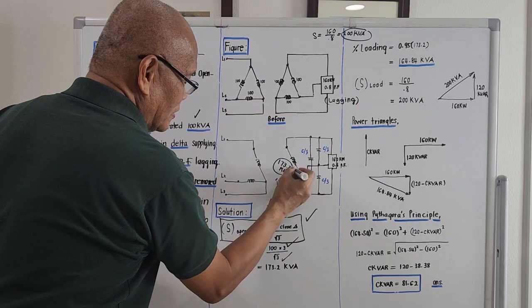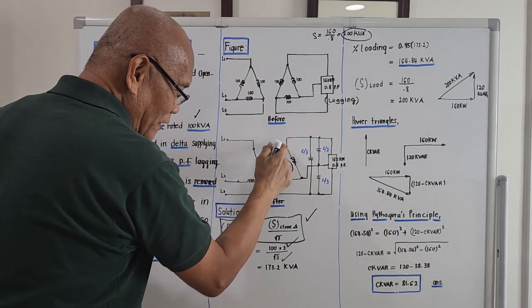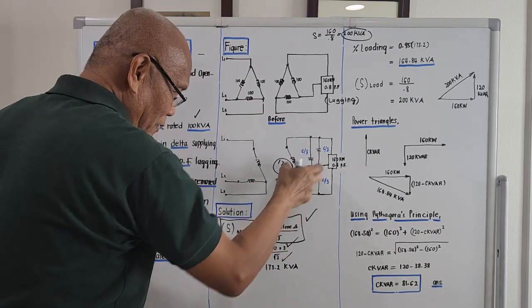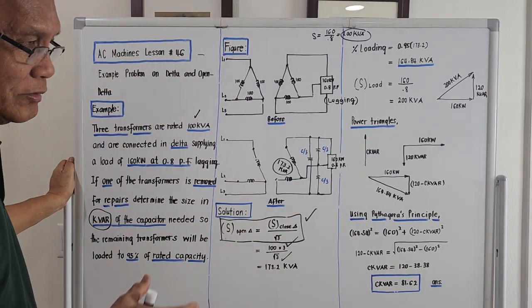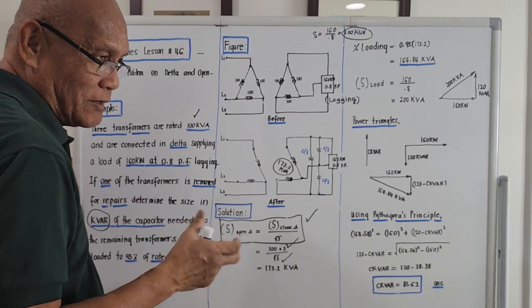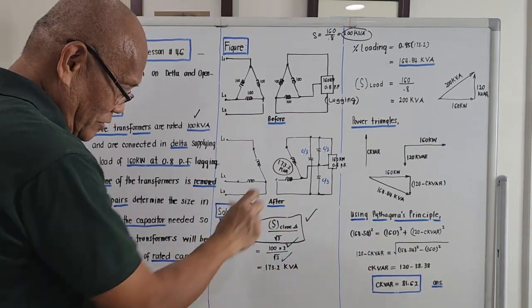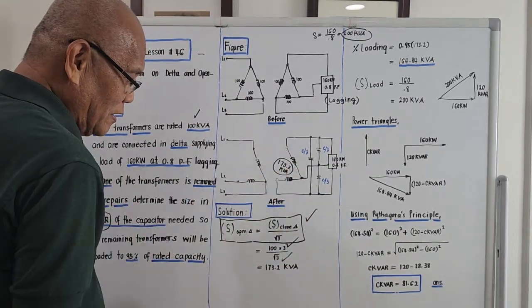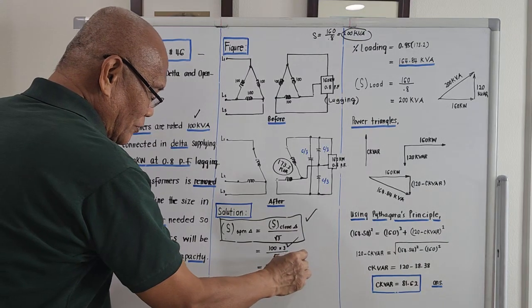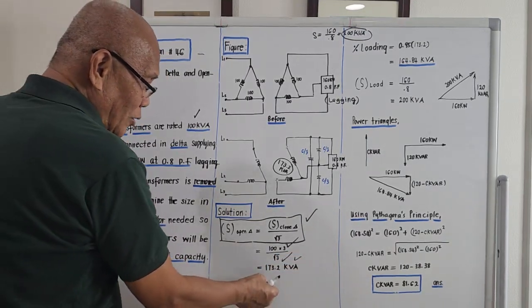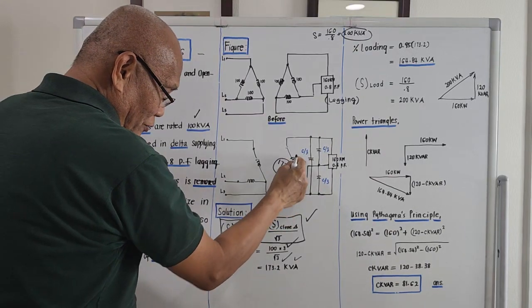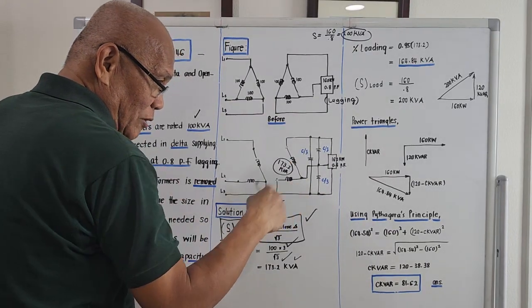This will now be the total apparent power that could be carried by these two here. They give slightly less apparent power because the third one is actually missing. It's only 173.2 kVA. So this is the normal load that could be carried by these two here. And the problem says